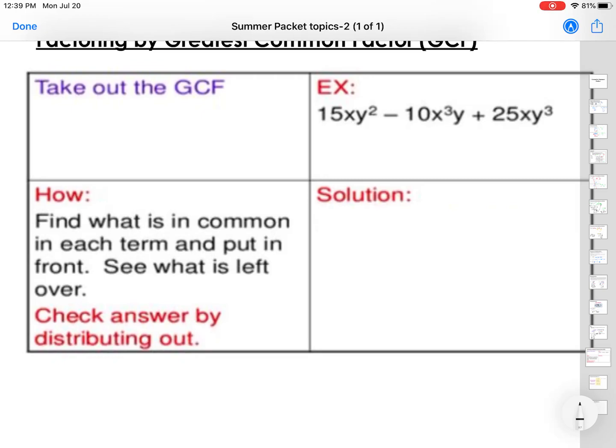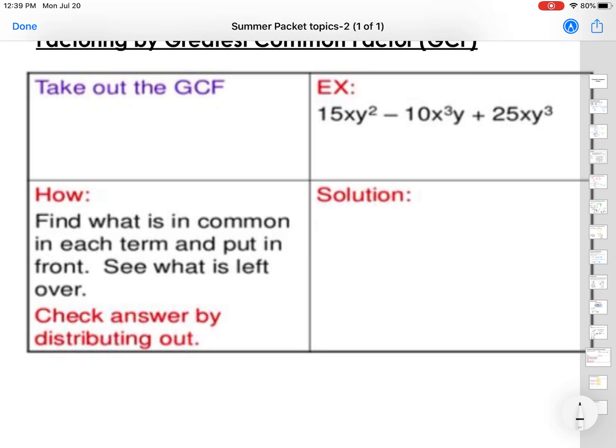For factoring out the greatest common factor, or the GCF, what I'm looking to figure out is what the common factor is. What can I divide all of my terms by? So if I take a look at 15xy squared minus 10x cubed y plus 25xy cubed, the first thing I